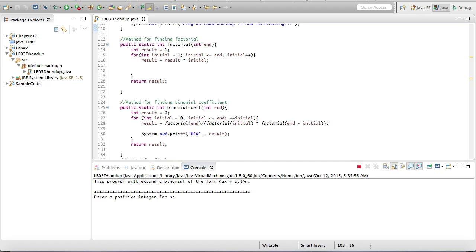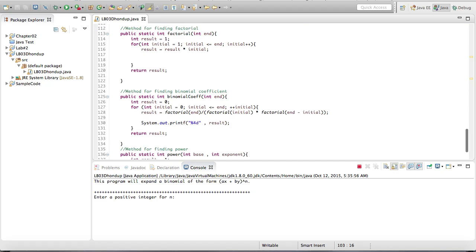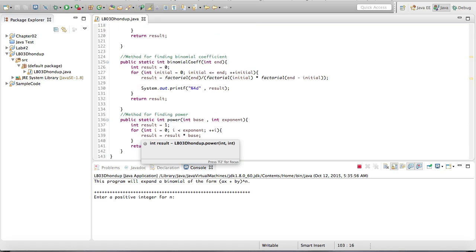And the value of initial keeps on increasing until the end and the initial become the same, and then you get a result. Then it's gonna print out a result, and for power, it's gonna just